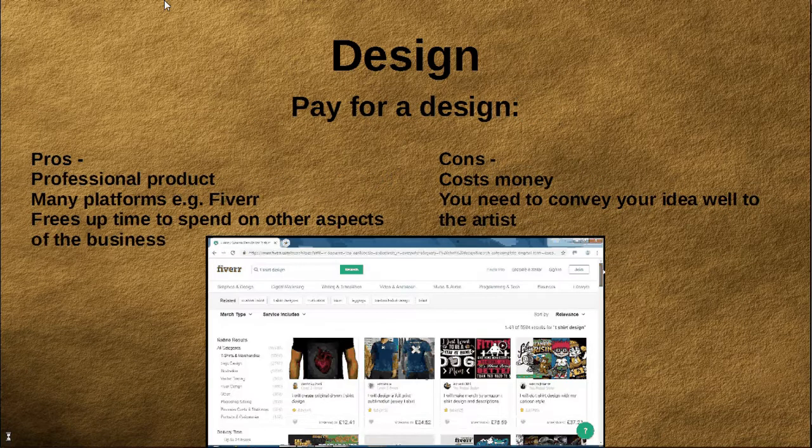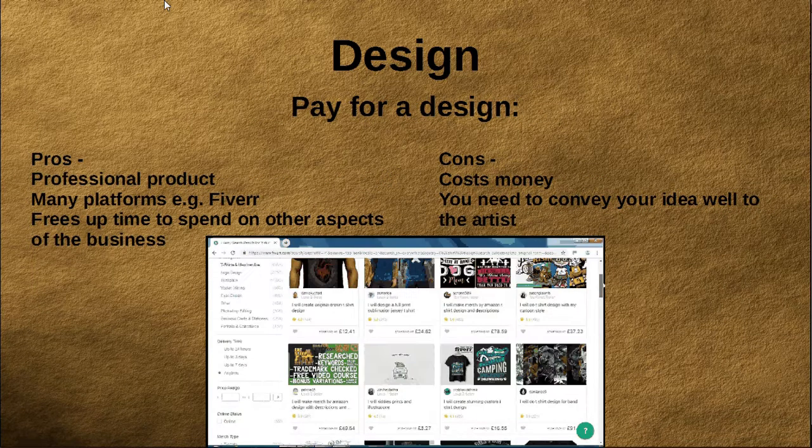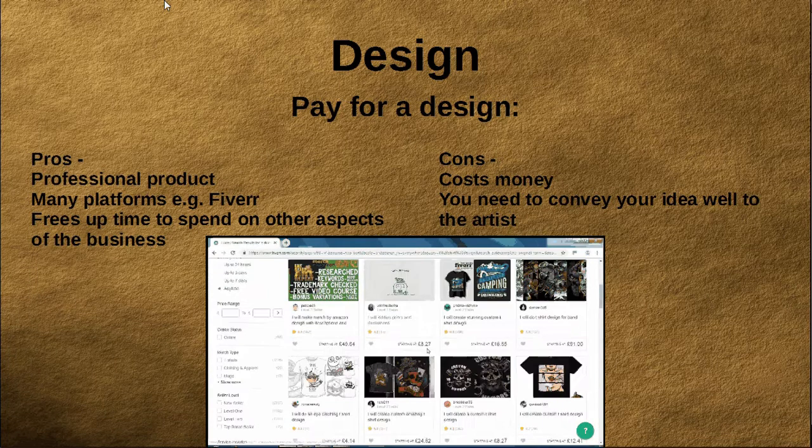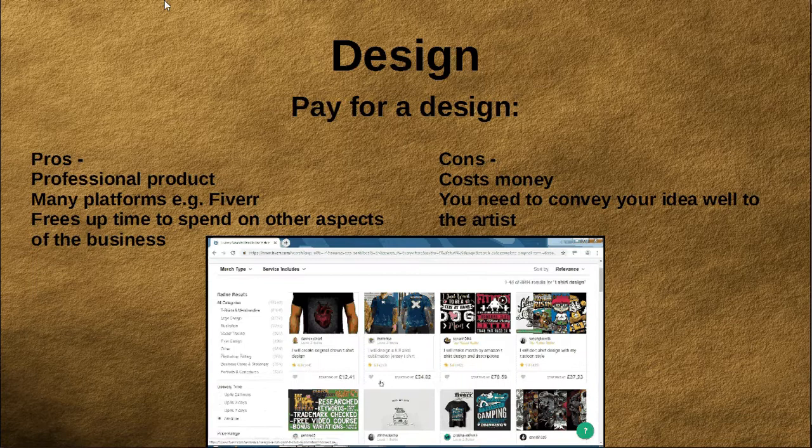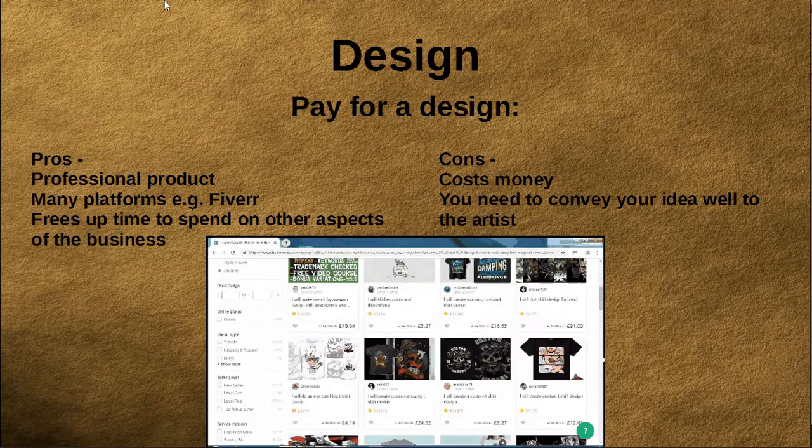So your next option would be to pay for a design. The great thing about this is generally the people you're going to be paying, they're going to be giving you professional products, professional looking products. So if you're not that good at design, this may be a better way to go. There's many platforms available. Now as you can see, there's a video here, I'm looking over Fiverr, and Fiverr is